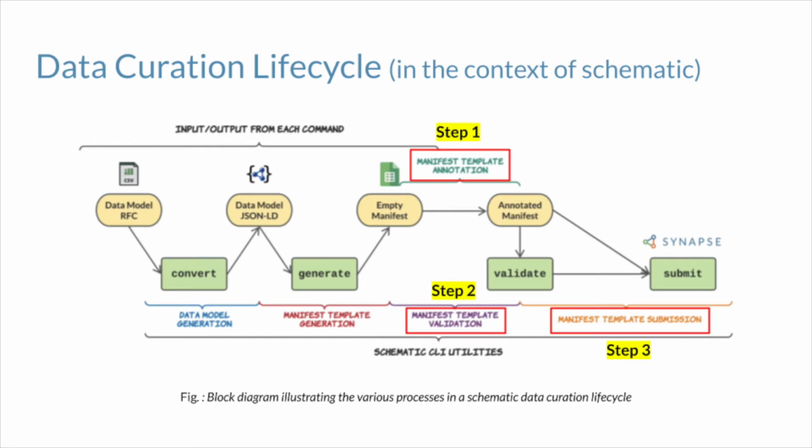So, to ensure that the data are annotated in a standardized way, in step 1, Schematic provides researchers with a spreadsheet interface with pre-filled columns for a specific data type for annotation. For example, a spreadsheet for patient biospecimen metadata. In the context of Schematic, a data type is any relatively high-level biomedical component, such as an assay data and patient demographics data component. Step 2 is to validate the metadata to ensure that they haven't missed any critically useful information that is necessary to correctly interpret the dataset. Finally, step 3 is to correctly associate this metadata file with the dataset containing the information described in the metadata file.